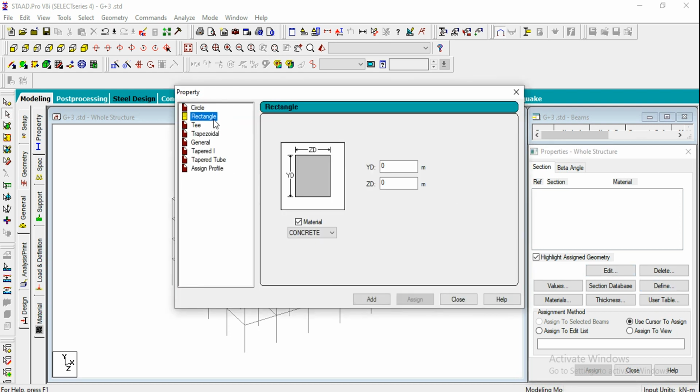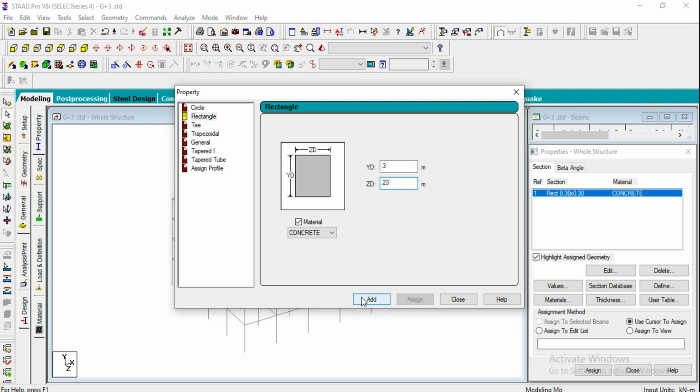Just go for rectangular property, and under YD, since previously I have shown the values in mm and right now units are in meters, I'm going to convert millimeters to meters here. For external beams, it was taken as 300 by 300, that is 0.3 by 0.3. Click on add, and coming to internal beams, the depth was 0.3 and the width I have changed to 0.23.